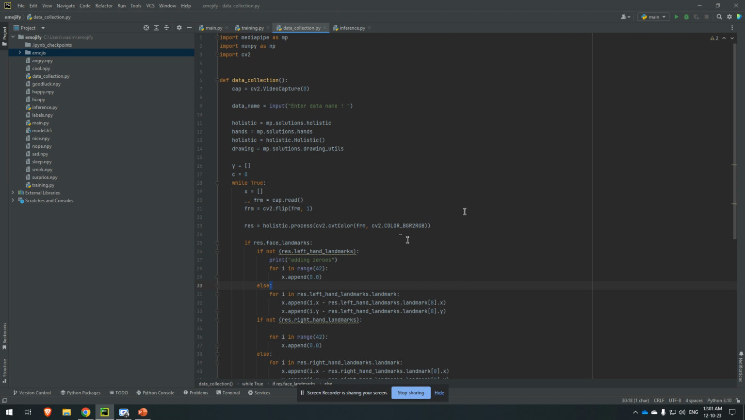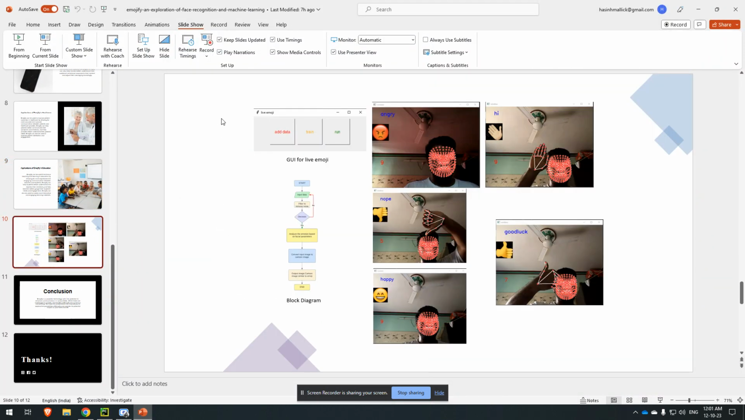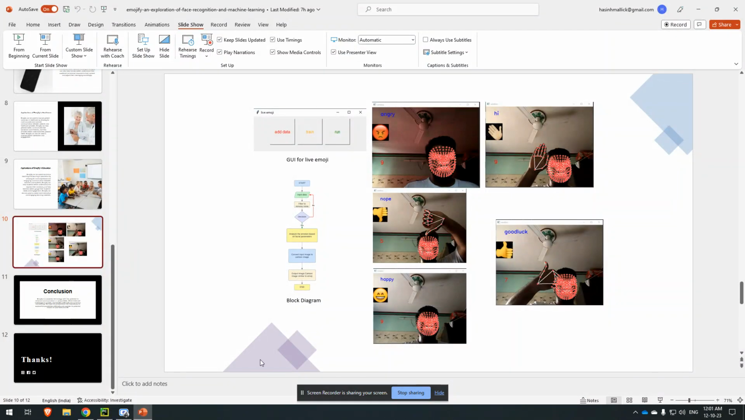The user is prompted to enter a data name, which means clicking the button we have seen in the PPT. I can show that the button looks like this. You have to click the add data button, and then you have to put the data name, just like I have given "happy". You have to put a data name, and then to save the collected data,